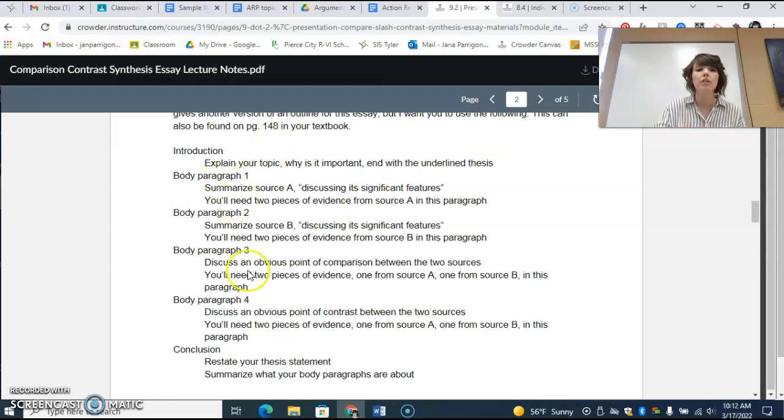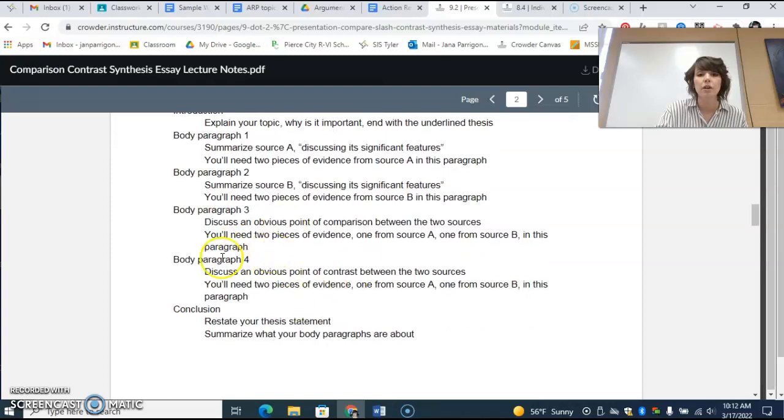So that's your intro. For your first two body paragraphs, you're going to take the two sources that you found and just summarize those. You know how to summarize; we did that summary essay. Put them in your own words. You're going to paraphrase two pieces of evidence from the source in those two paragraphs. I would just paraphrase. I wouldn't put any direct quotes in those paragraphs because they're just summary paragraphs. They're not giving you a ton of information, okay?